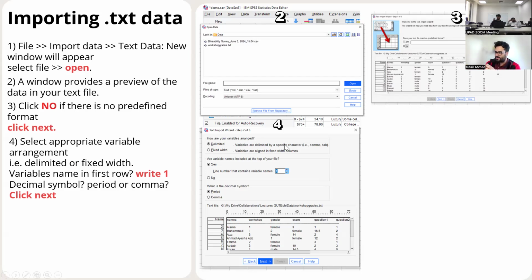So here we will define whether it's tab data or comma data, or which separation you use in the text data. When you open your text data, you will know which separation has been used in that data. I'm sharing a file, and in that file we have used the tab of the keyboard to separate the data. So you verify. Here you click delimited, and then you specify where your variable names start. Is it in the first row, or the second row, or the third row? So you specify the row, or line number, where your variable starts. Normally the data which I'm putting starts on line number 1.